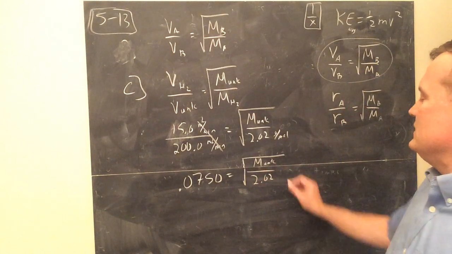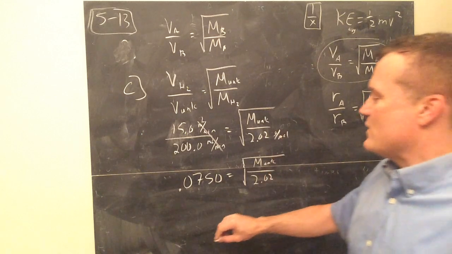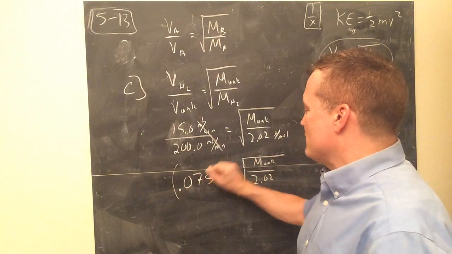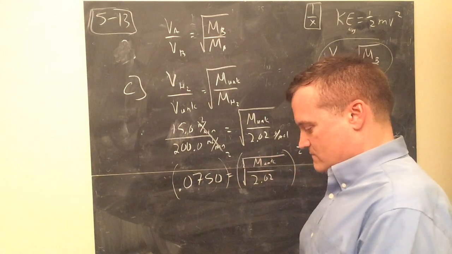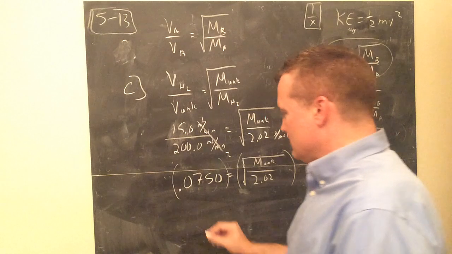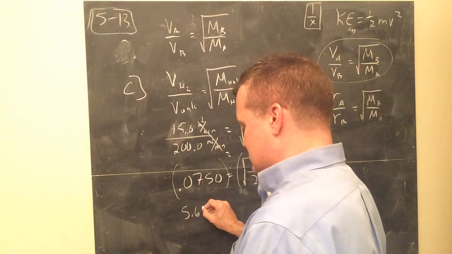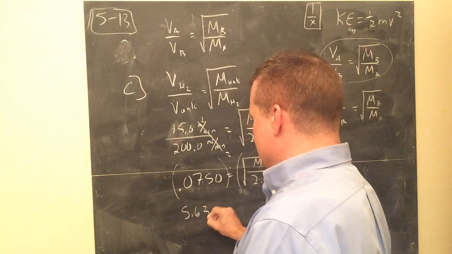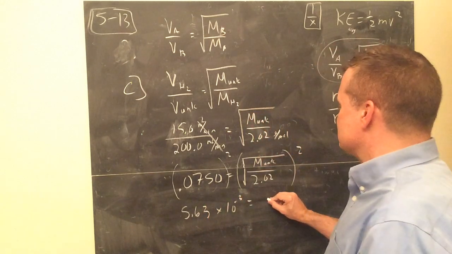Now what I'm going to do is, and it'll be gram per mole for your answer, first you square both sides to get rid of the radical. So 0.0750 squared is a really small number. It's 5.63 times 10 to the negative 3, equal to the mass of the unknown